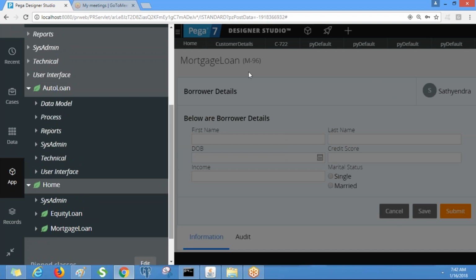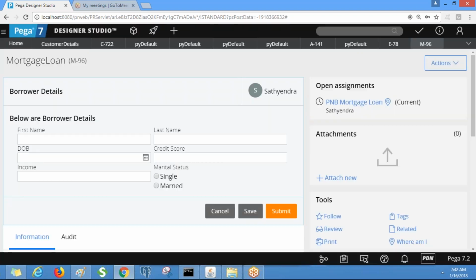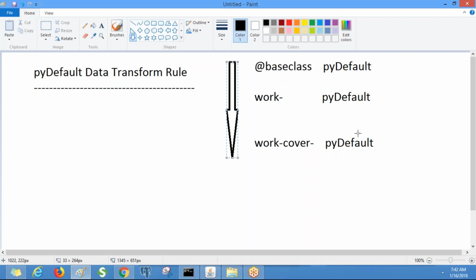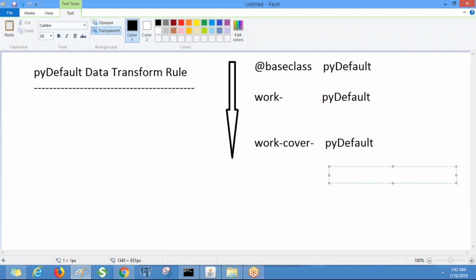Here you see, for each pyDefault data transform rule, you see Call superclass data transform. That means this is automatically enabled. If you enable this, it is going to check all the pyDefault data transform rules in the parent hierarchy. Suppose these are the OOTB default data transform rules, and now we have a pyDefault in the auto loan work type.